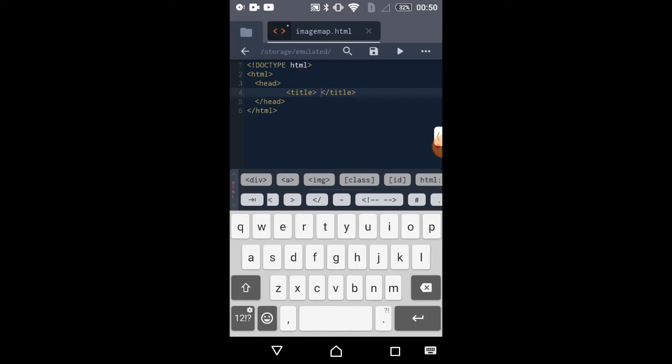So it saves our time while writing the code. So you don't have to find it going inside the numbers and then again inside. So yeah, after this I'm giving the title as client side image mapping.